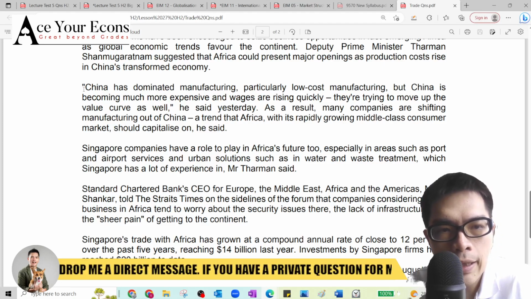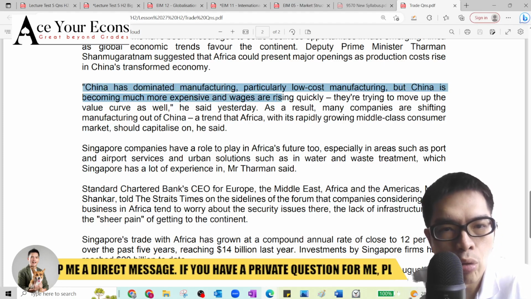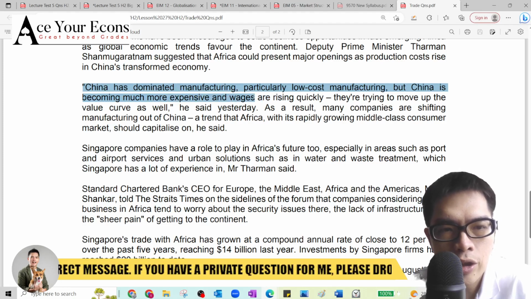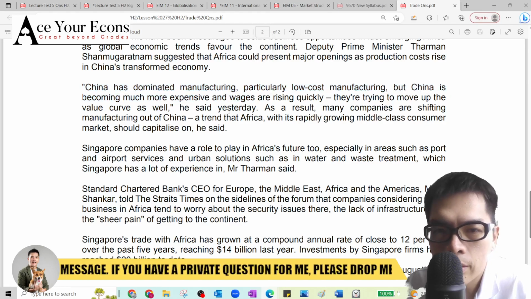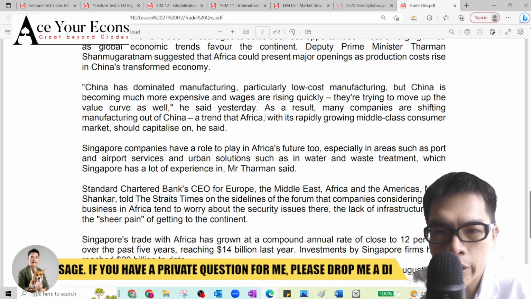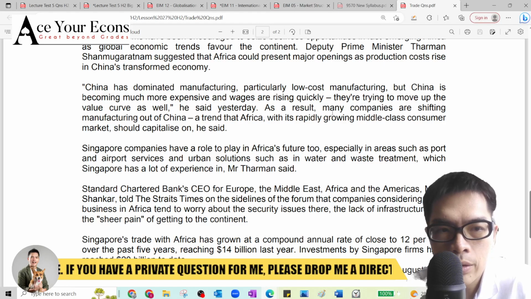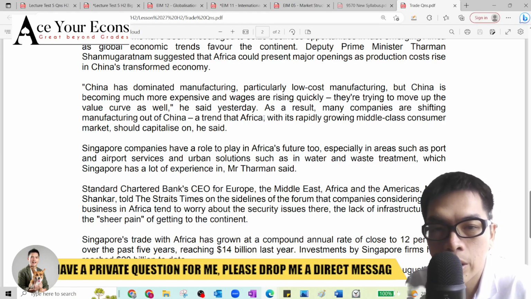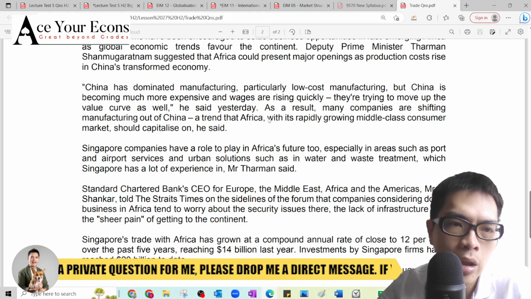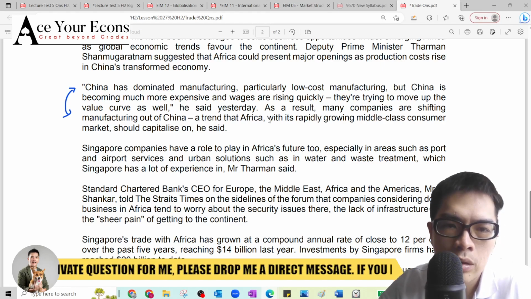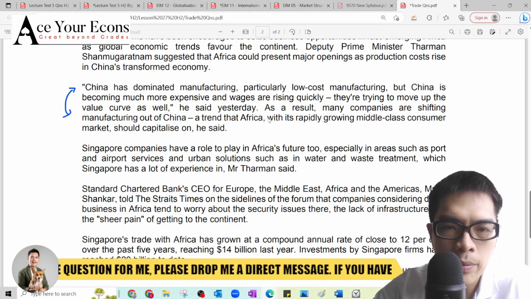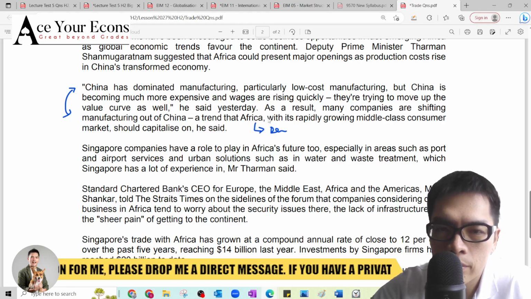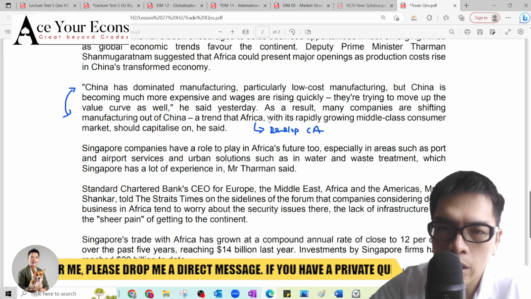We can see that China no longer has a cost advantage, right? That being said, there's a trend toward Africa. You can see that many countries are shifting manufacturing out of China, possibly to Africa. So how can we connect the dots here? In other words, it simply means that Africa may be able to develop comparative advantage in low-cost manufacturing,